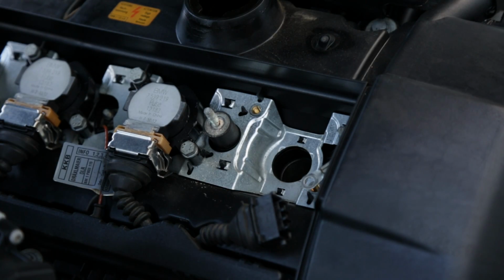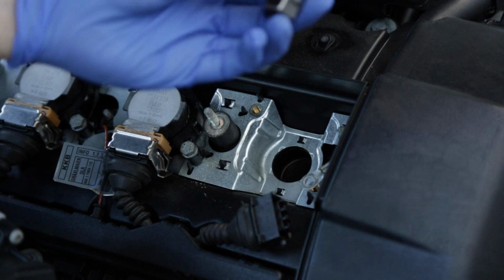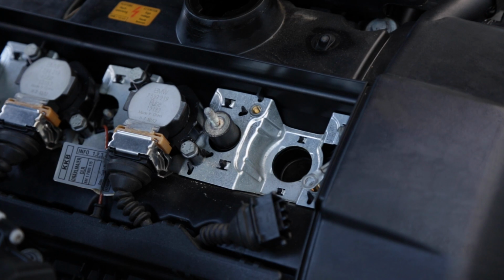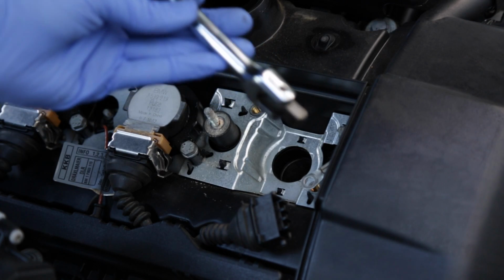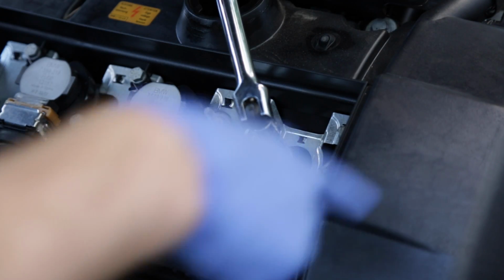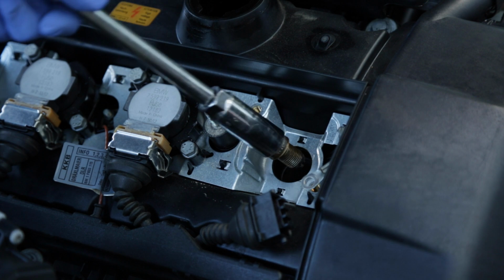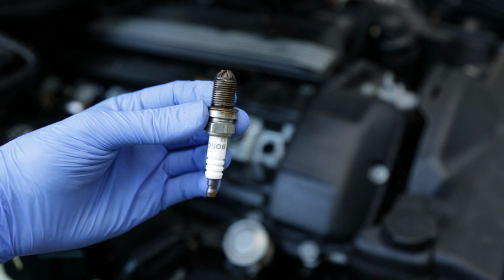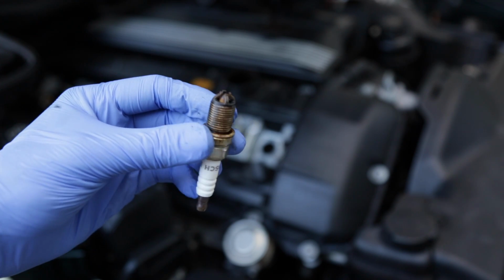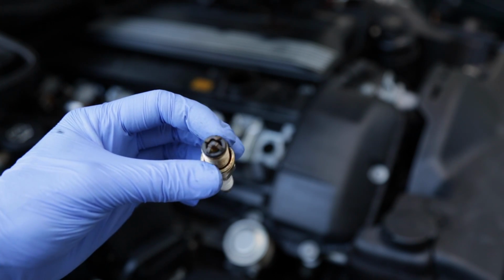For this next step, it's going to be much easier for you if you have an extension and a spark plug socket. This one is a 5/8. And I also like to use a small breaker bar. Now to remove the spark plug, to loosen, we're going to go counterclockwise this way. This is a good time to inspect each of your spark plugs, and you want to take a look at the end and check out the wear on the electrode and also the general color to see how the engine